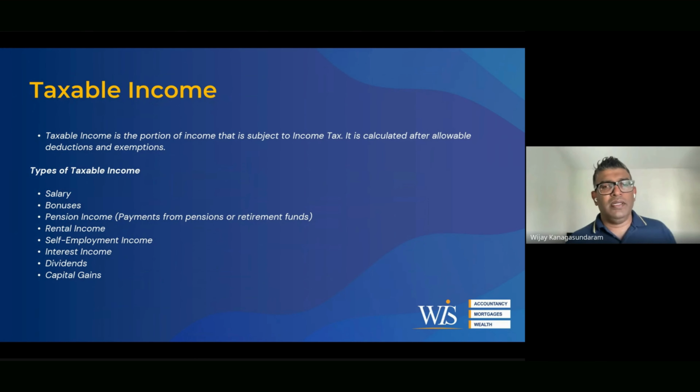Yeah, thank you, Moksha. Taxable income is the portion of the income that is subject to income tax. It's calculated after all the allowances and deductions. So when you calculate the taxable income, you need to go through a certain hierarchy, right? Which one goes first in the calculation, which one second, etc. Salary and bonuses are top of the list, so they get calculated first, and they're the first to pay tax. Then the pension income, if you're retired and earning a lot of income from your pensions, which is similar to salary and bonus. Then the rental income, then the self-employed income, the interest income, dividends, and finally capital gains. So that's the hierarchy in which the calculation happens.